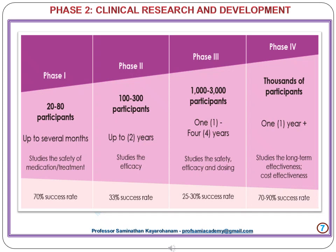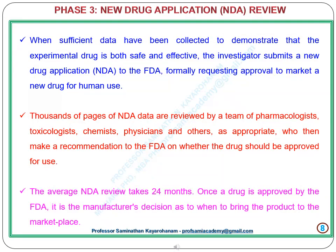Phase 4, thousands of participants, up to 1 year or more, studies the long-term effectiveness, cost-effectiveness, 70 to 90% success rate. Next slide. Phase 3, New Drug Application, NDA, Review. When sufficient data have been collected to demonstrate that the experimental drug is both safe and effective, the investigator submits a new drug application, NDA, to the FDA, formally requesting approval to market a new drug for human